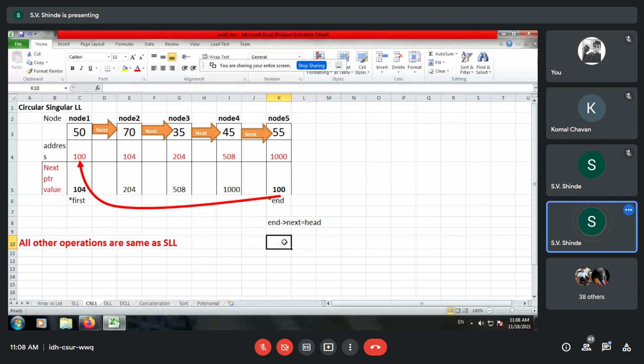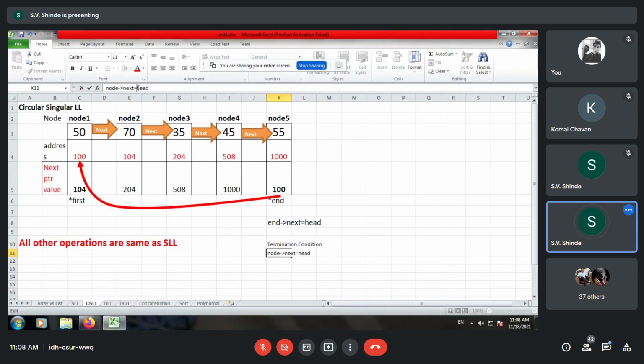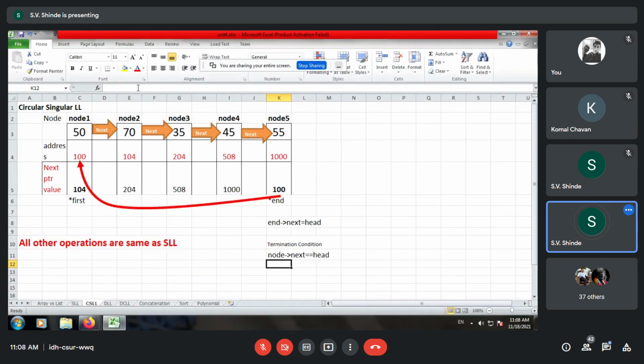That means when we get the equation that node arrow next is equal to head, it is the terminating condition. You should note what this terminating condition is: node arrow next is equal to head. When we are comparing it, we use two equal to signs.